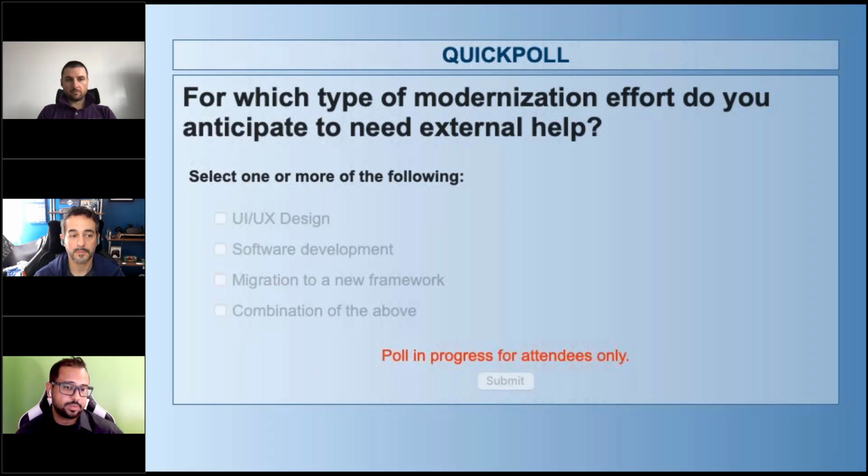So there are different aspects of migration and modernization. Is it the UI or the UX that bothers you the most? Is it the frameworks? Is it the core software dev, which is cleaning up your code base and getting it ready to move? And Veli's going to talk much more about this, on how you can take baby steps so you can slowly set up your code base nicely to move and shift to a new framework.